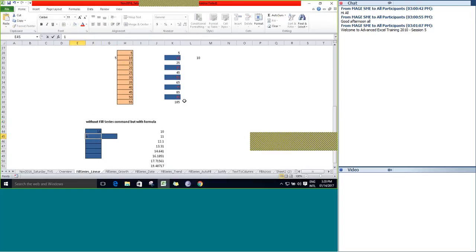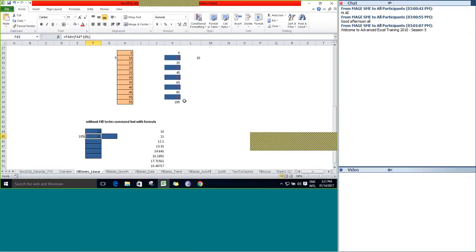So I want to calculate 10% out of 10 along with adding the value 10. Let's see, 10 plus 10% of the previous value. So that is the formula we are going to use here. 10 plus 10% of 10, which is 1. So 11 is going to be the output here.